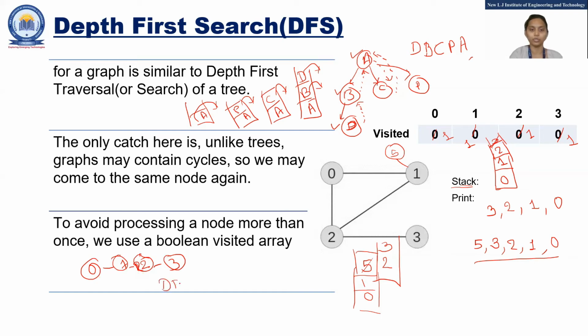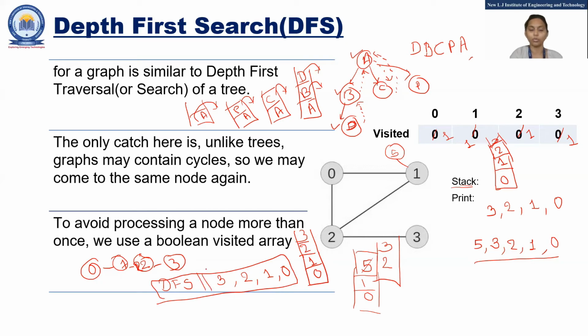For depth first search, you are required to create a stack. Now 0 is the start node. 0 is connected with 1, 1 is connected with 2, 2 is connected with 3. Now is 3 connected with anything? No. So 3 is a dead end. So pop out 2, pop out 1, 0 last. So in this case, you have only one depth first search. You don't have any other option.